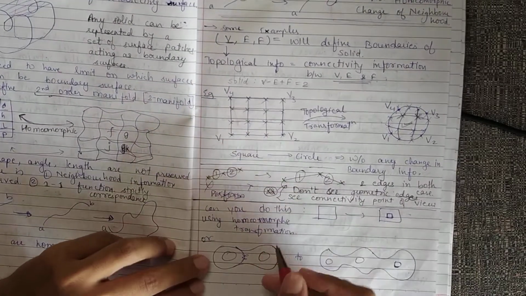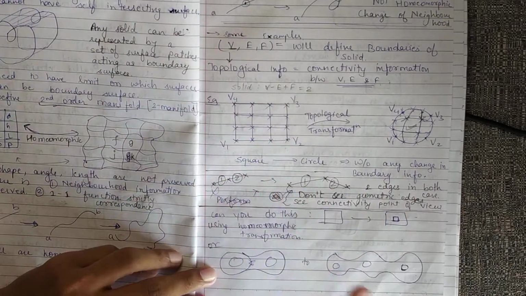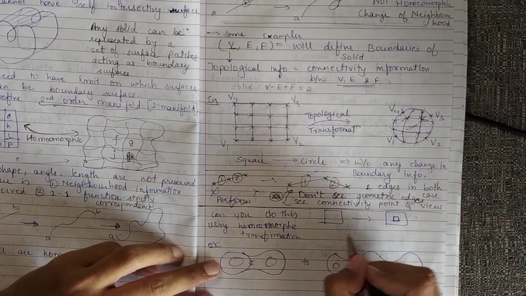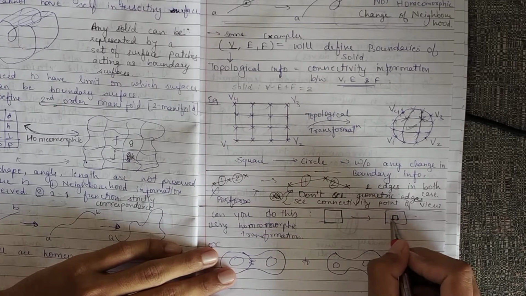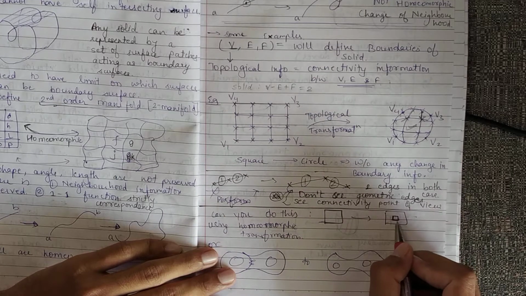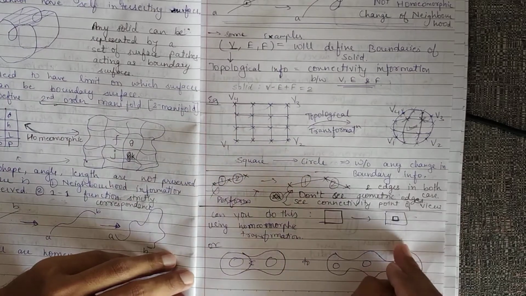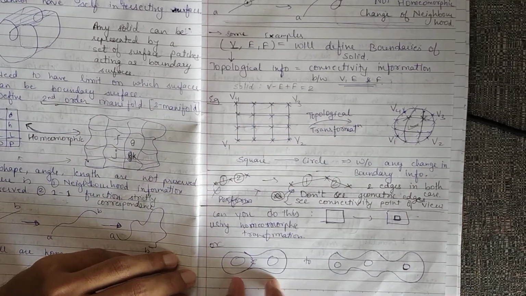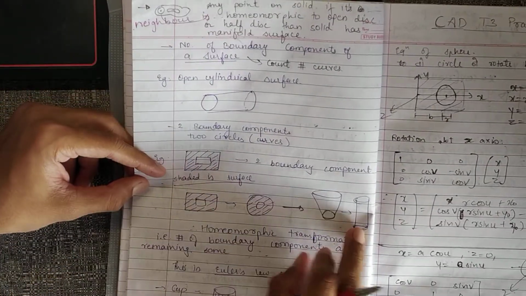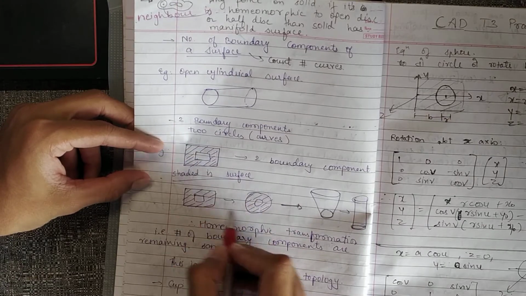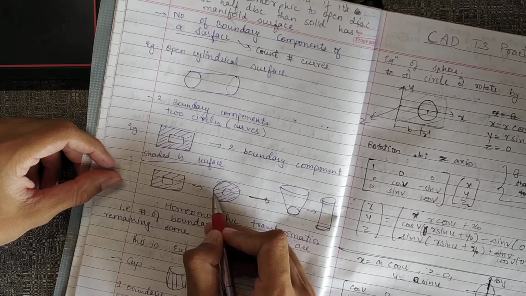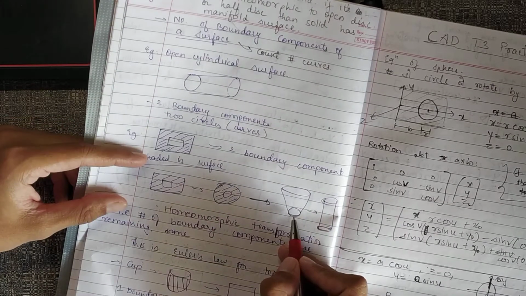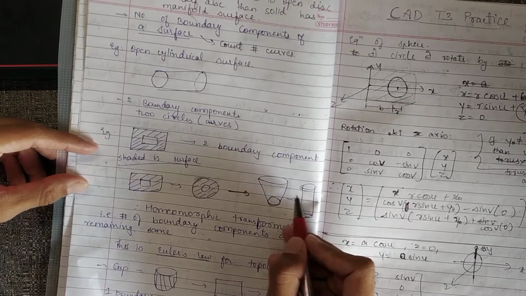So let's see some examples where these topological transformations are not occurring. When we have one boundary which is a square, we cannot make a hole in the square. We have generated some new boundary, so this is not a topological transformation. Similarly, we have a double torus and a triple torus, but then these are topological transformations. So we have a hole in a square, we have a hole in a disc, and then we can pull out the outside boundary to make something like a frustum and then a cylinder.